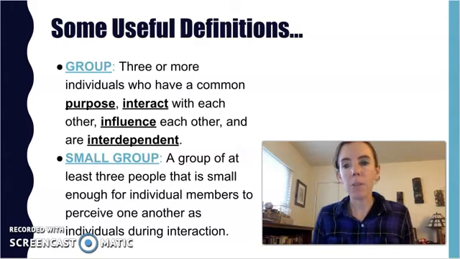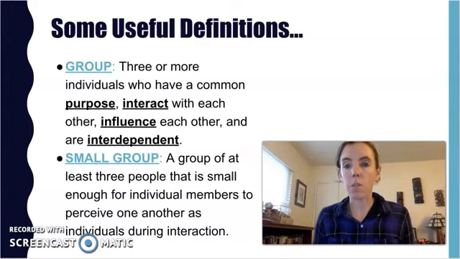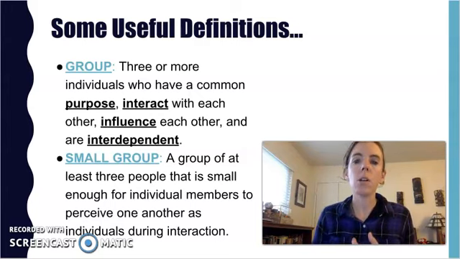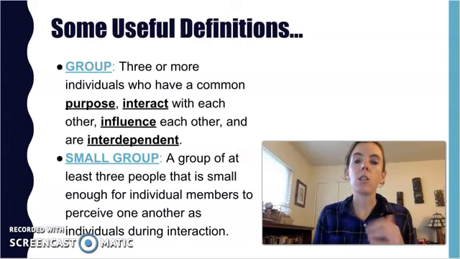And you can see, if you think about a classroom dynamic, the class is going to maybe form cliques or form smaller groups than a whole class of 30 people, because 30 is too many to be a small group. But it's probably going to divide itself up into smaller groups naturally, because that's just part of human behavior. So a small group is the specific type of group you're studying in this class, and it's 3 or more